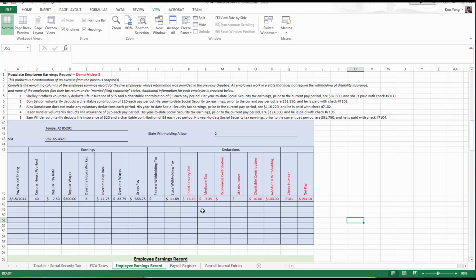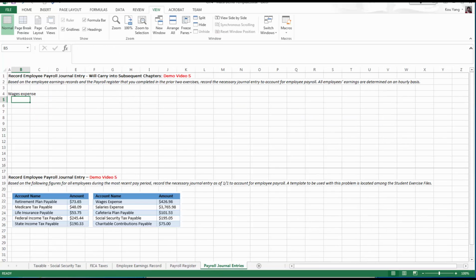So for example, I'm going to list federal withholdings, state withholdings, Social Security, Medicare, retirement plans, the life insurance, the charitable contributions, and any additional contributions which would pertain to cafeteria plans and flexible spending accounts. Okay, so I'm going to go ahead and enter all of those that I've mentioned